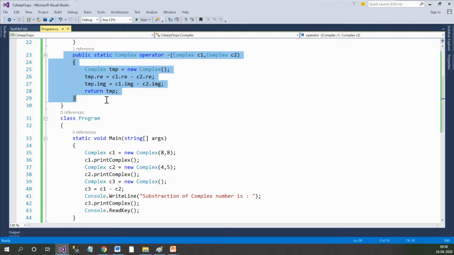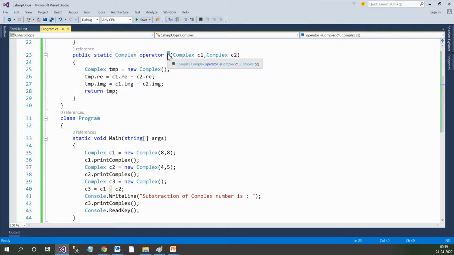operator overloading. You can do it for the unary operators plus plus, minus minus, and into and so on. So it's your task now to perform the multiplication of two complex numbers by overloading the star for multiplication, and the appropriate result should be given back to main and it should be printed inside the main. So that is the task you need to perform.